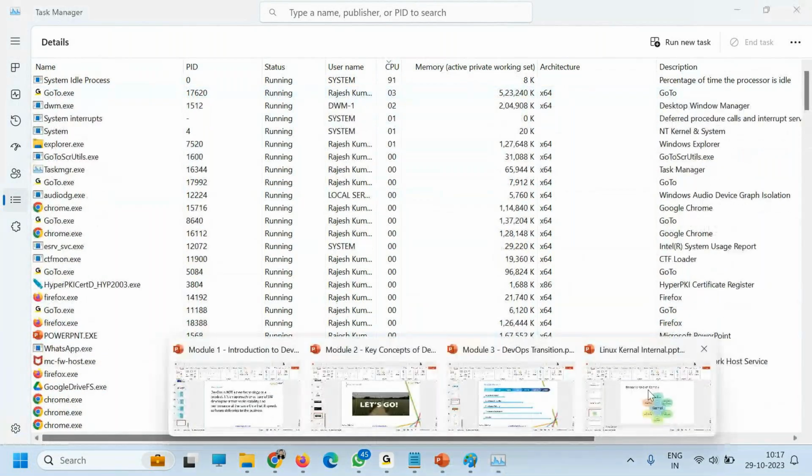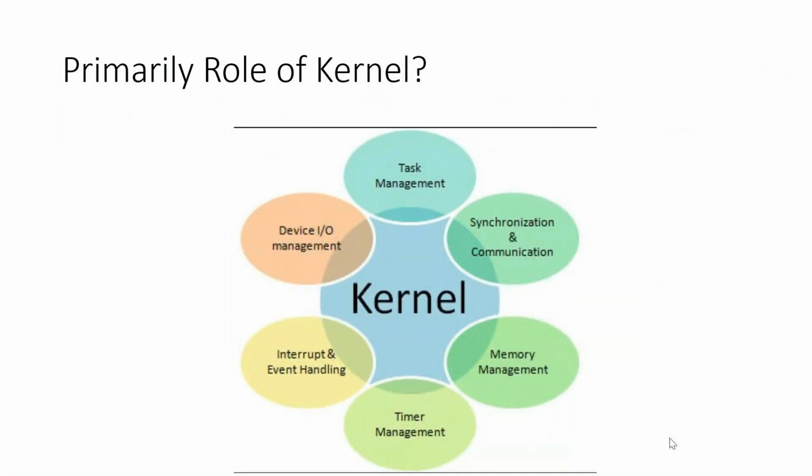So that is taken care of by kernel. Any communications you send to the operating system, that is also taken care of by kernel. Memory management, I was just showing you the task manager which has memory utilization also. Which process should get how much memory and CPU, that is also taken care of by kernel. Timer management, interrupt handling, event handling in the kernel, that is also taken by kernel. And device input output management, that is also taken by kernel. So device input output means keyboard, mouse, all this input output and all kinds of things is managed